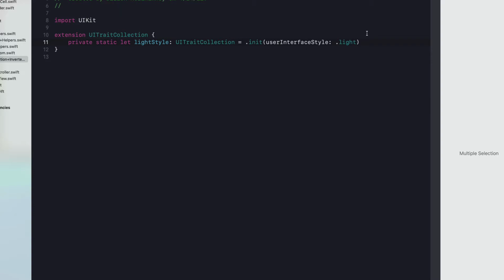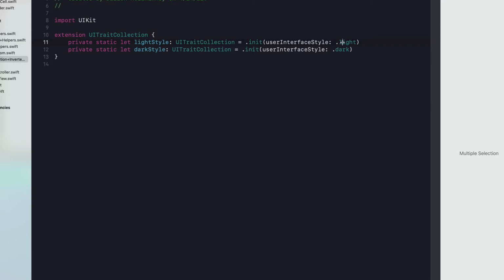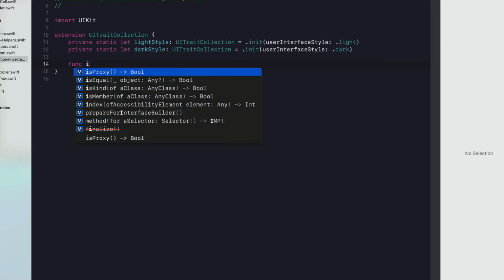So we're going to have a light style and we're going to have a dark style, which will be the same thing, but dark. So this is a UI trait collection with the default of everything else, all the other traits. But the user interface style is light, the user interface style is dark for this one. Those are both private. So we're going to add a function on UI trait collection called inverted style,